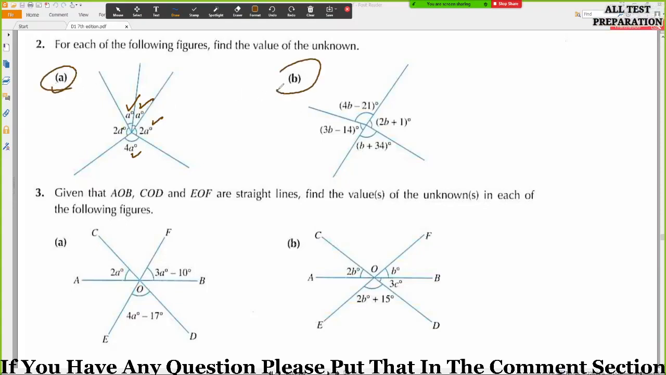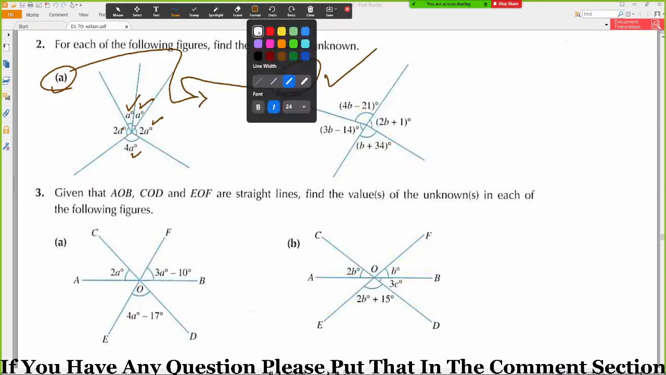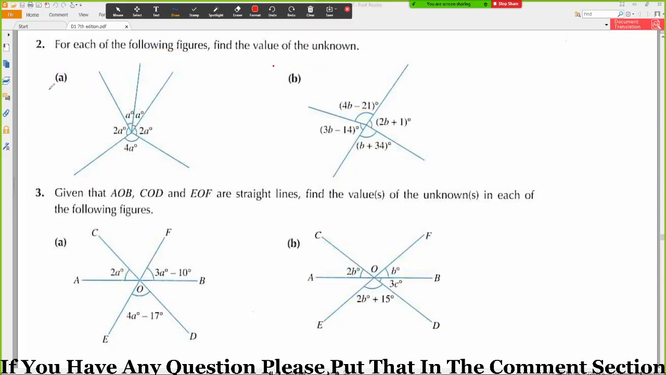A and B, which one should I do? Let's do part B. Part A. Okay. So as we know, this angle is equal to 360, yeah, 360 will be equal to the addition of